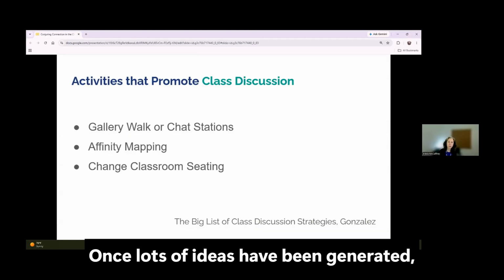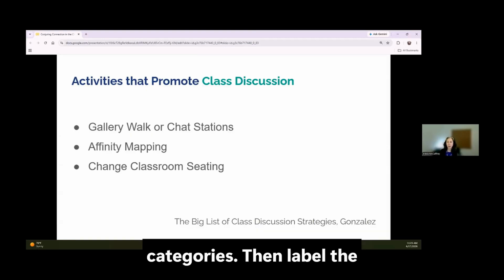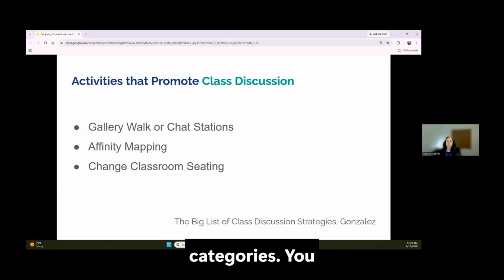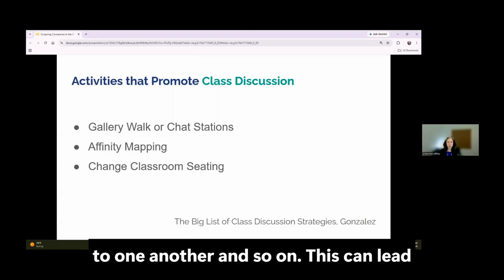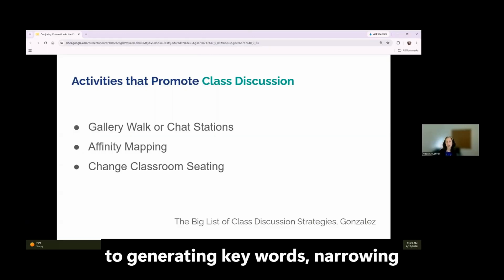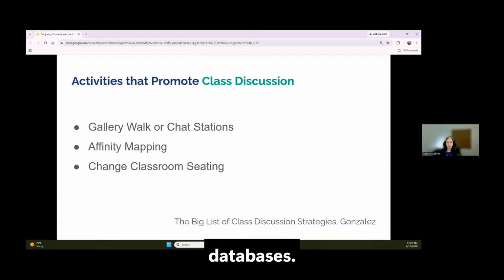Once lots of ideas have been generated, have students begin grouping into similar categories. Then label the categories. You can talk about how the categories relate to one another and so on. This can lead to generating keywords, narrowing topics, and selecting subject-specific databases.